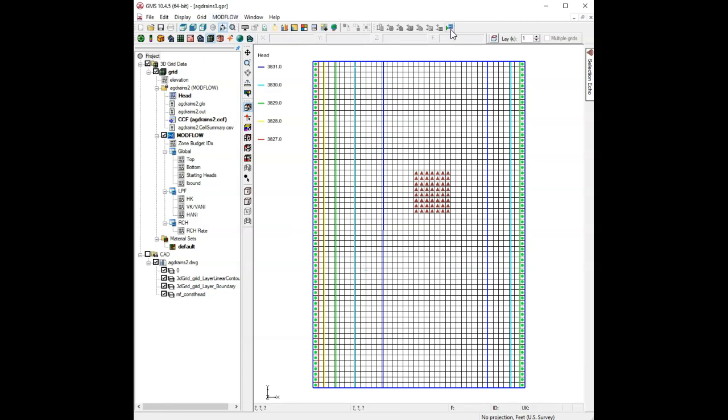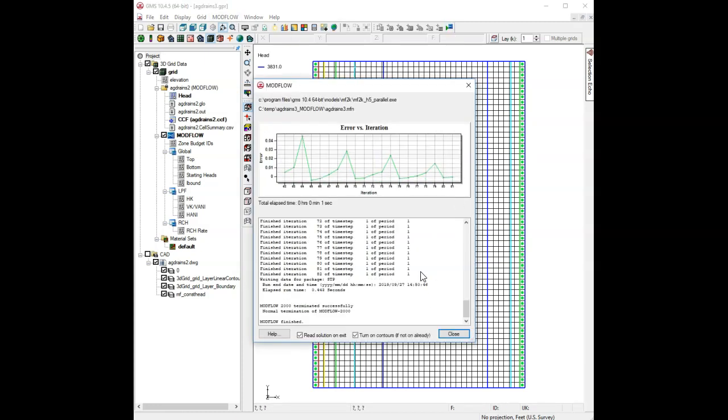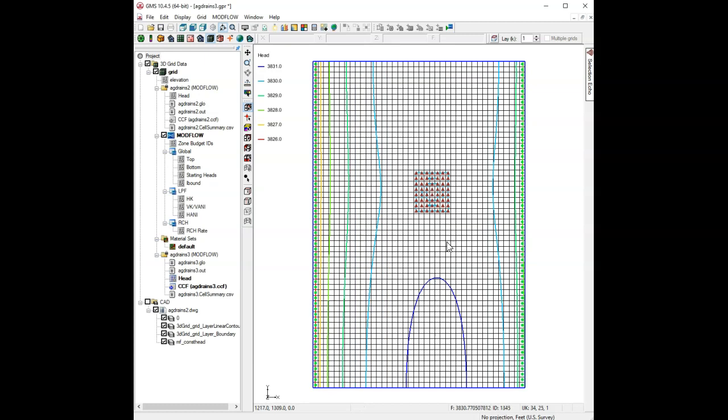And then we'll run MODFLOW. Notice it takes a little longer to converge this time. We got up to 82 time steps. It's still pretty quick. And so what happens here is we have a lower water table than we had before. So actually what I should have done is looked at the